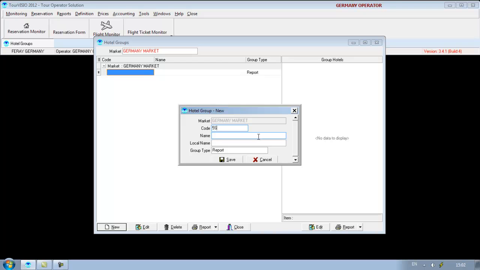Let's say 5-star hotel group, 5-star hotels for the report or price allotment. So for example, if I enter some commission or some prices, I can choose the hotel group, not one by one hotel. So I will save it